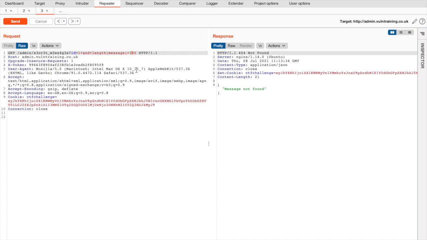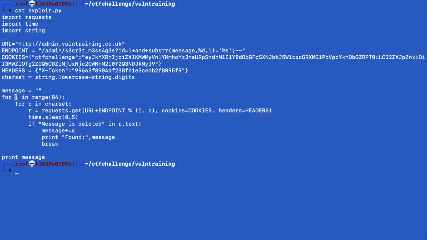So maybe it's bigger than 50. And that way we divide and conquer. So in this case, we know that it's bigger than 50. We walk our way through that until we find the exact length of the message. So we iterate through the length of the message, and for each position, we iterate through our char set, and